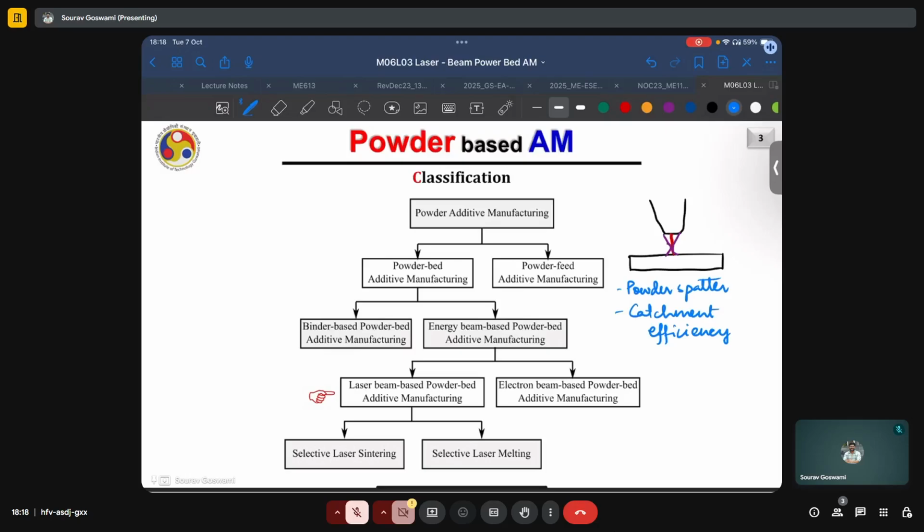And we see that often this catchment efficiency will be in the 30 to 40% range. Of course, it will depend on the configuration, and even the spatter is significant. This process has good deposition rates, but because of the higher layer thicknesses, often the resolution will be not as good as the powder bed type processes, where we have a reservoir of powder